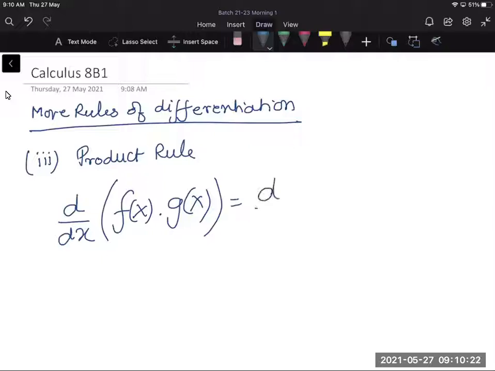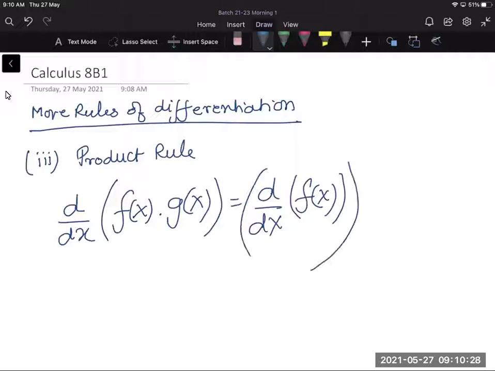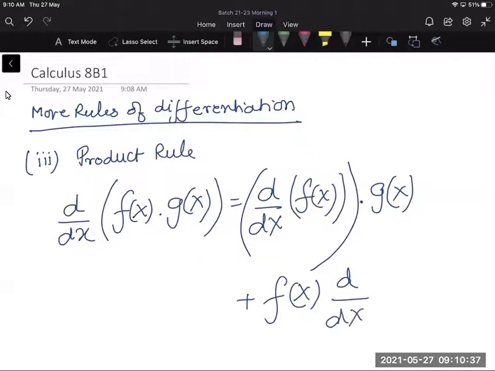then this is d by dx of f(x) whole multiplied by g(x) plus f(x) into d by dx of g(x). You know, so this is very long. Writing so much is exhausting. So I go back